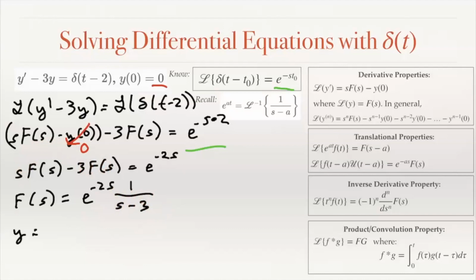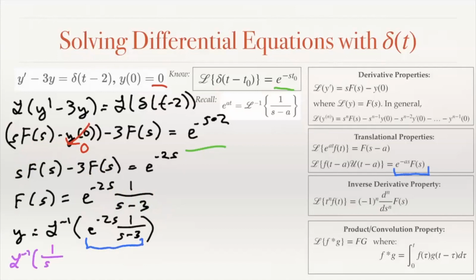So then y is the inverse transform of this guy. Whenever we have an e to the something inside an inverse transform, that's begging us to use our second translational property. The inverse transform of 1 over s minus 3 is e to the 3t. So by our second translational property, this will be e to the 3 times (t minus 2), because of that 2 there, times unit step of t minus 2,